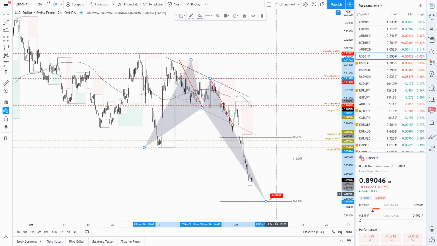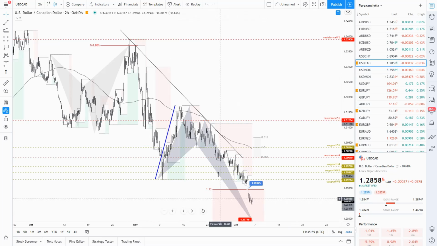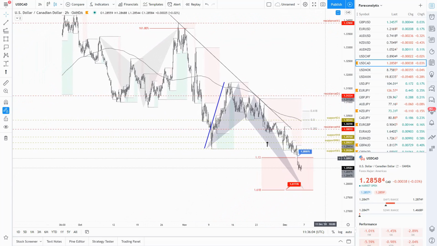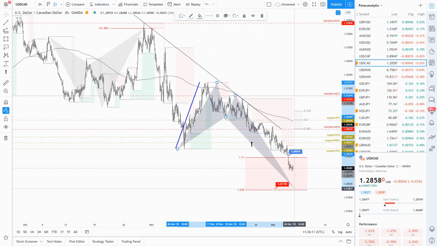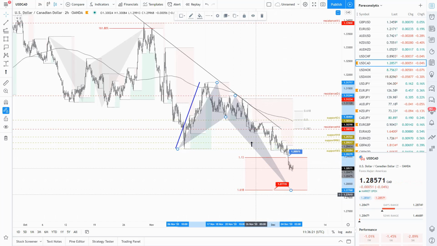Since the market has failed reactions, or the expected reactions at those levels, the very last one that we need to pay attention to is this golden Fibonacci level. Then the Canadian dollar also trading below that 113% Fibonacci. The same will apply here for the Canadian dollar. So if the market fails the 113% Fib as a false breakout below the previous lows, the market will fall and we'll search for the golden Fibonacci below.